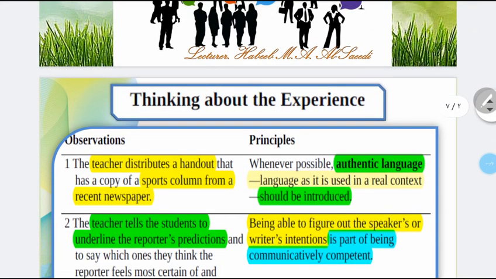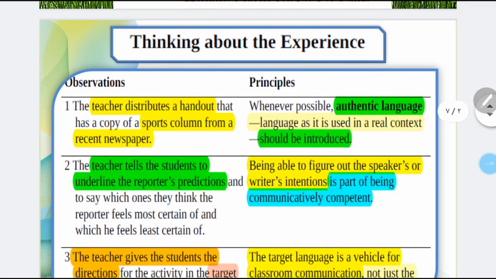Thinking about the experience. We have observations and we have principles. We should understand what principle we can get from each observation. The teacher distributes a handout that has a copy of a sport column from a recent newspaper. Here we are talking about the authentic language that should be introduced in different situations